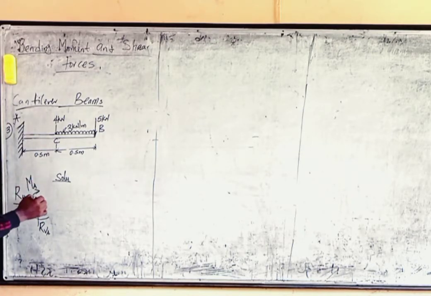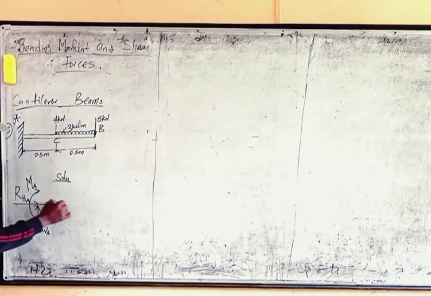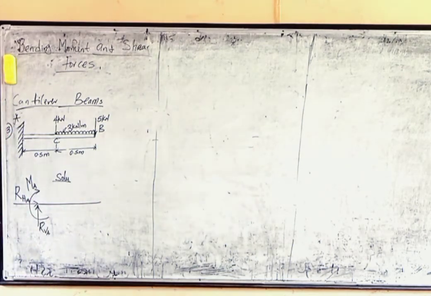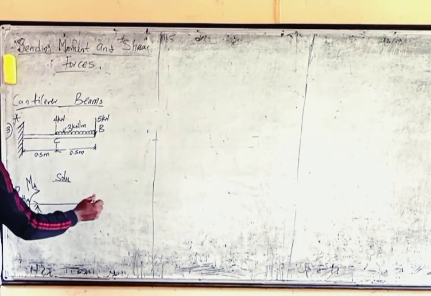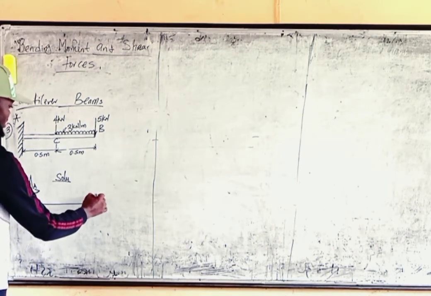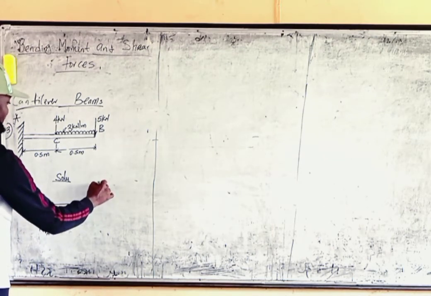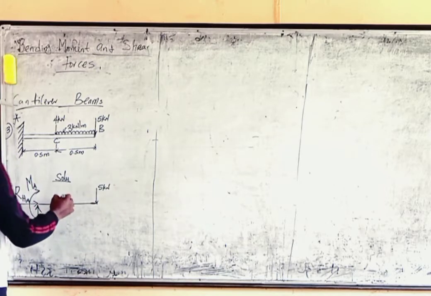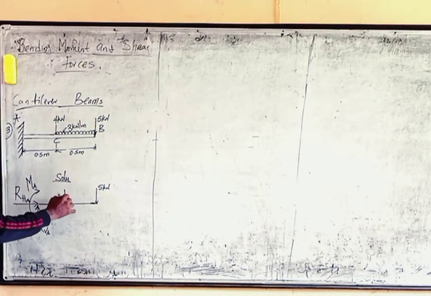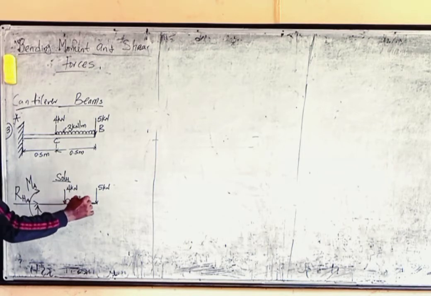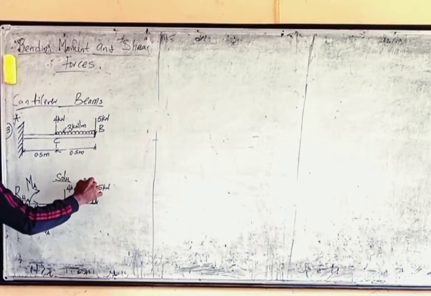So the next thing, we will now represent the beam with just a straight line. This is the beam, and at this first point, we have 5 kilonewtons. At this other point, we have 4 kilonewtons. And between these two loadings, we have a uniform distributed load, which is 3 kilonewtons